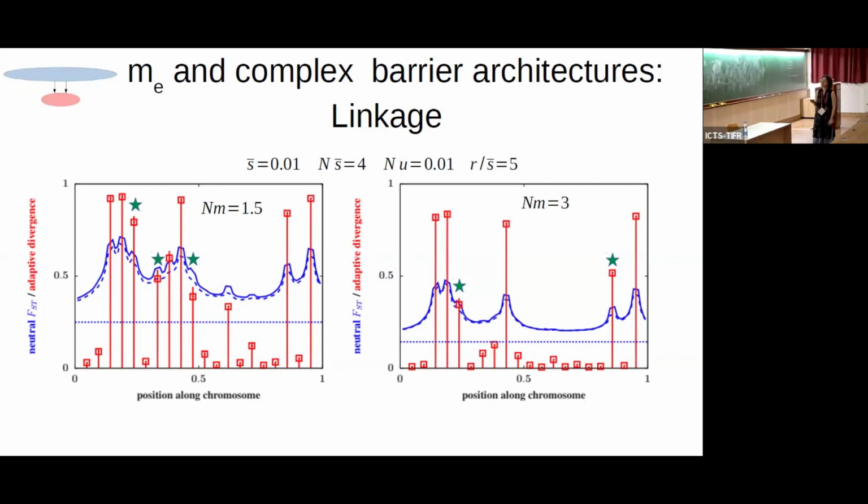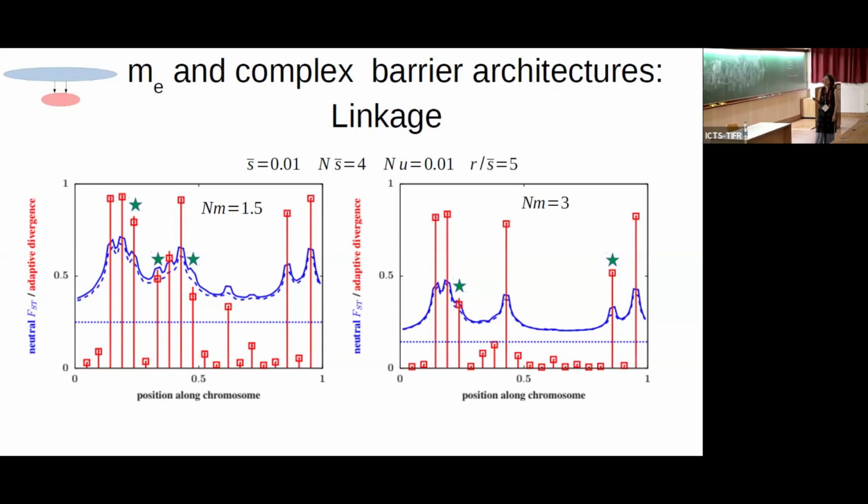And I think either the squares are the theory and these lines are the simulations, or the other way around, sorry, I've forgotten. I'm also plotting neutral FST, so FST at neutral loci along the genome, and again, I think the solid versus dashed is theory versus simulations. And this line here is the FST that you would have if there were no barrier loci. This is the neutral FST that one would have.